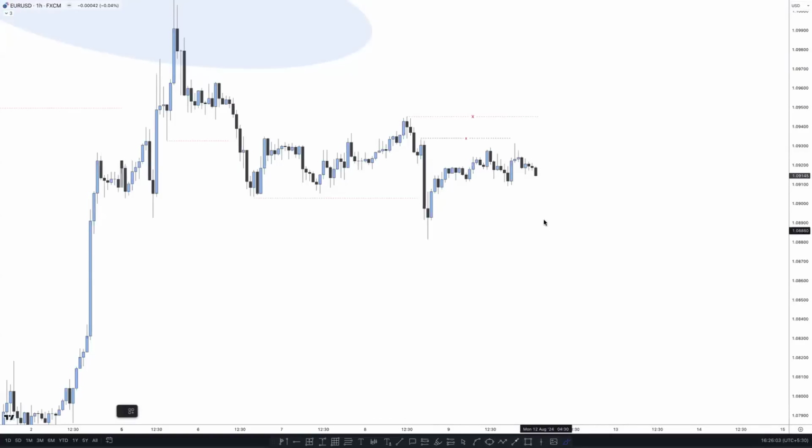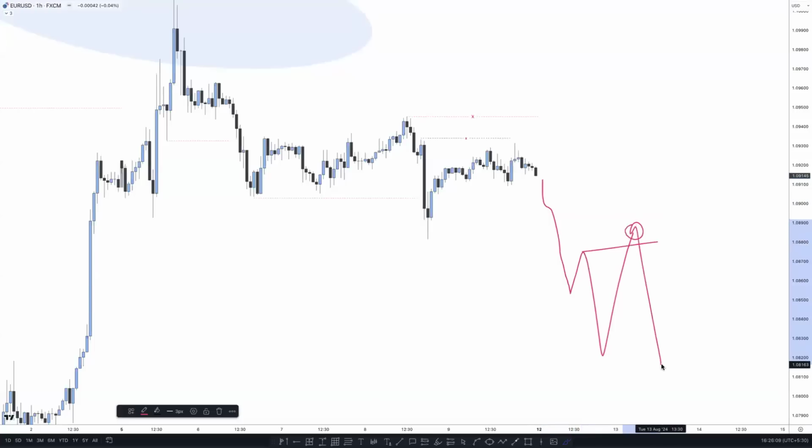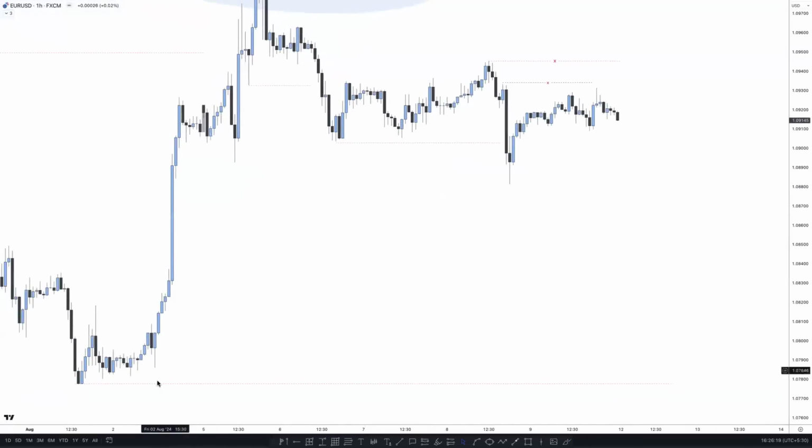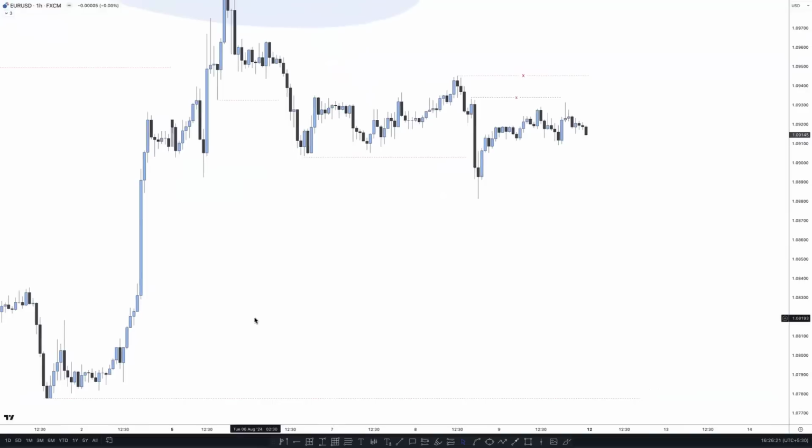And sometimes what happens is the market does not take out this one, pushes downside and creates one more inducement, which is possible here, and then sells. So once the market takes out the inducement, we can plan for the sell. Right now, the market has taken out this one. Once it has, we can plan a sell here for the downside. And this low becomes our next target here.